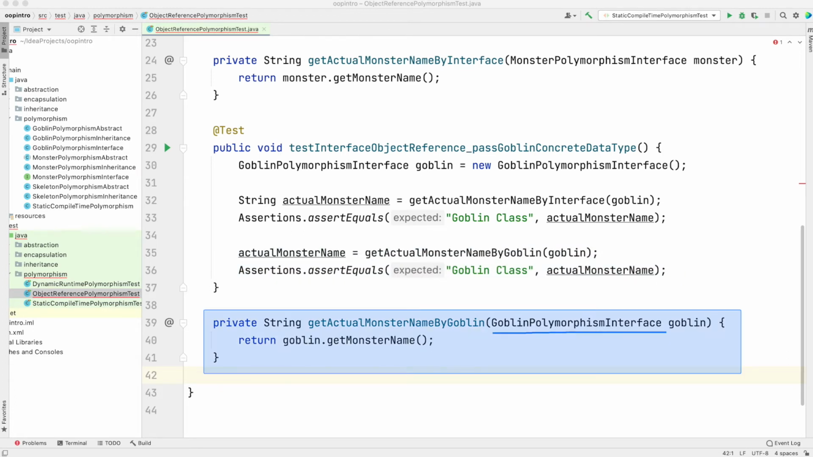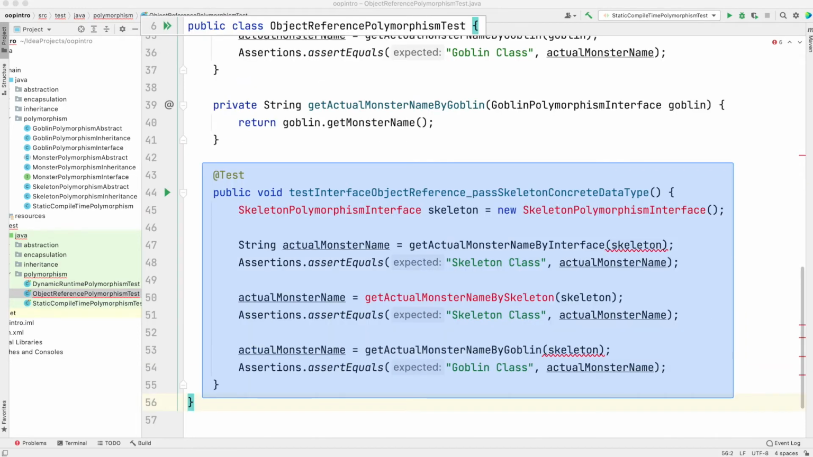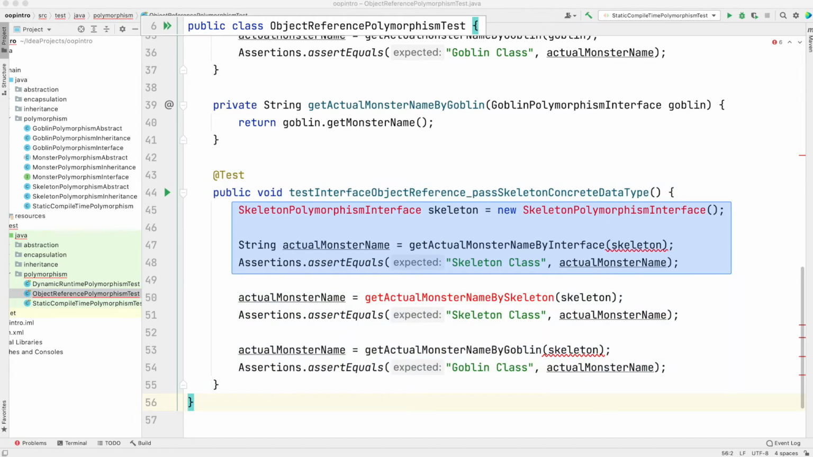And here is the getActualMonsterNameByGoblin method. Notice the parameter is a Goblin polymorphism interface object. The value of getMonsterName is returned. This test is similar to the previous test except skeleton polymorphism interface is the object used. The skeleton object is passed to the